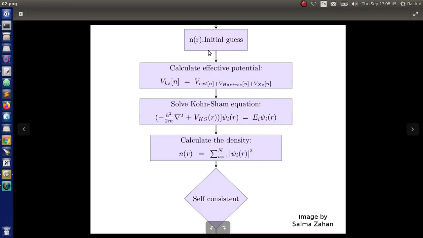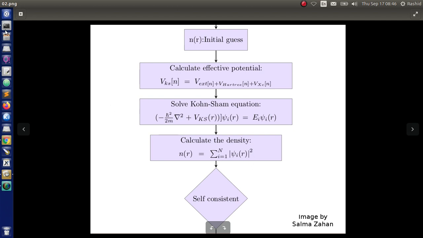In an SCF calculation, it starts with an initial guess of the electron density. With this density, it calculates the Kohn-Sham potential. For this potential, it solves the Schrodinger equation, or the Kohn-Sham equation. Then with the resulting wave functions, it calculates the electron density again and checks whether this density is the same as the initial guess. If it is the same, or the difference between them is less than a user defined value, then it stops. If not, it starts again.